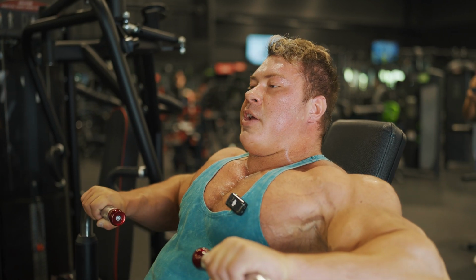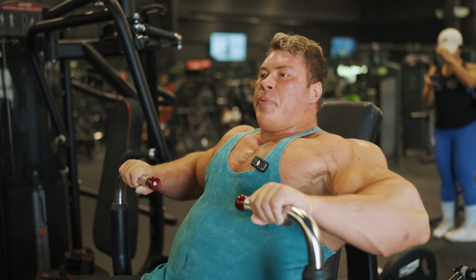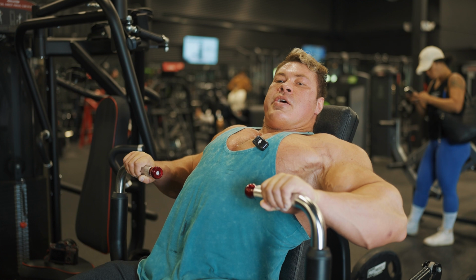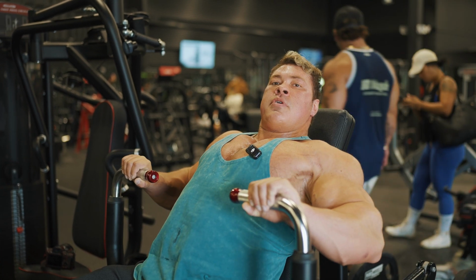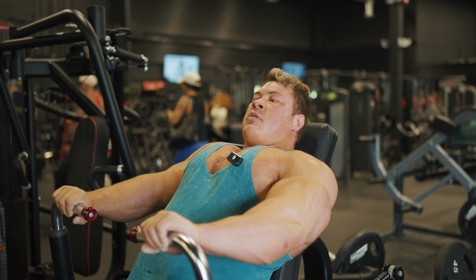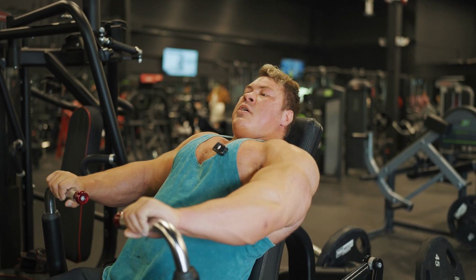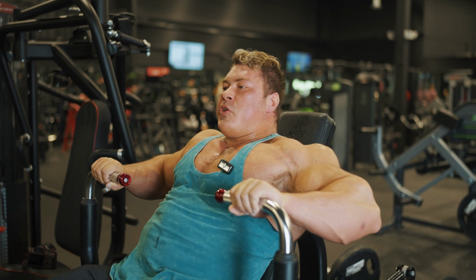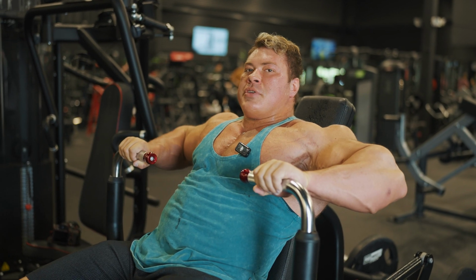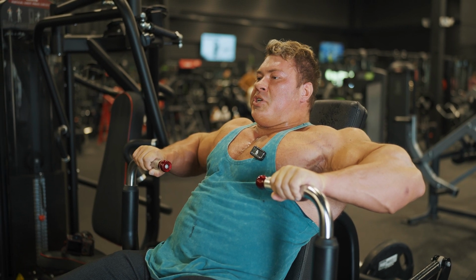So most common mistake, this machine is a decline press, like I said. What people tend to do to mess that up is arching the back and then letting the shoulders drop. Now I'm effectively turning this into more of a flat press. If you can see, I'm getting this flexion on my mid-pec, as opposed to if I use my abs, which now locks my rib cage down. Now my elbows have to go up. Now if you look at my armpits, where my lower chest inserts,